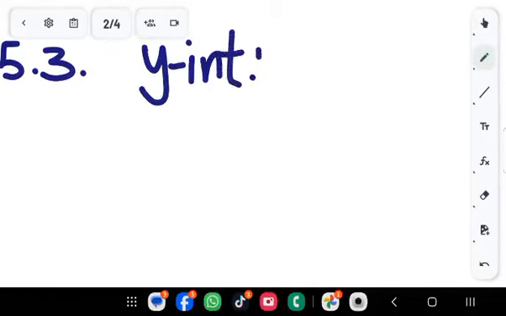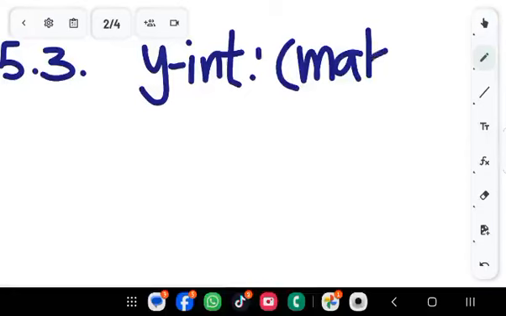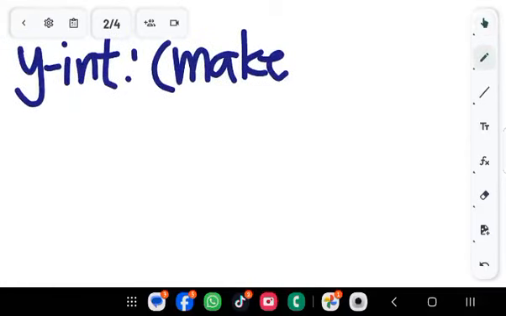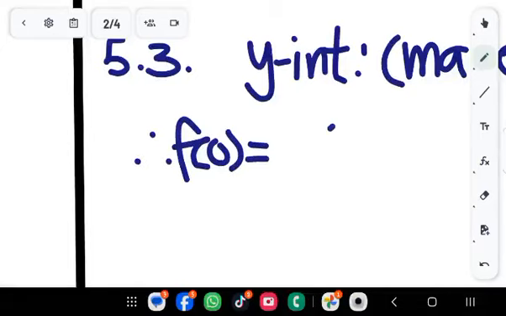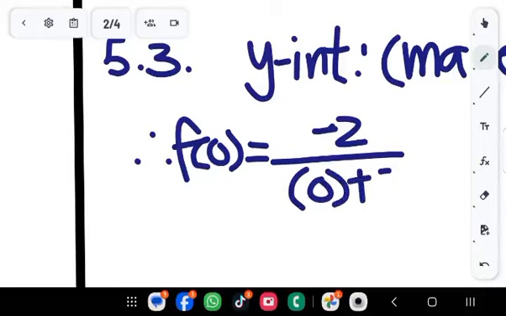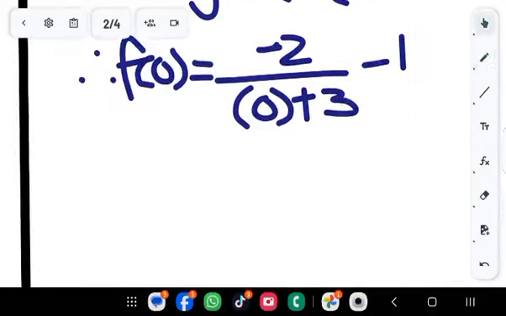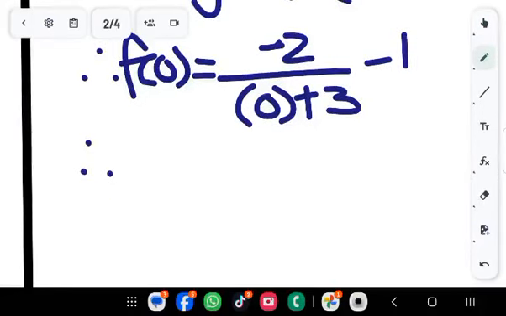To find the y-intercept of any function, we make x 0. So now, let's go. F of 0, which is the y-intercept, will be negative 2 over 0 plus 3, minus 1. So we substitute that, therefore y equals